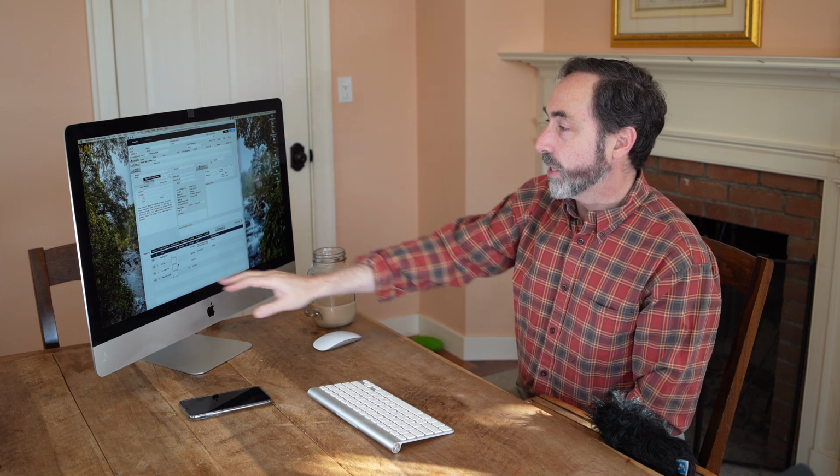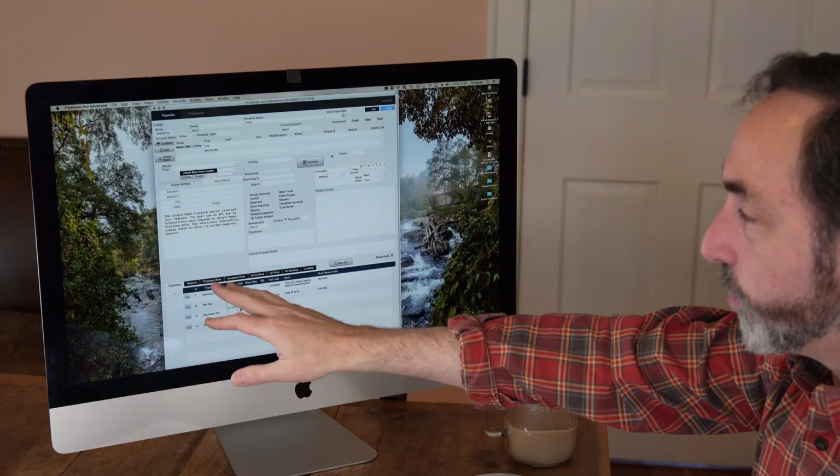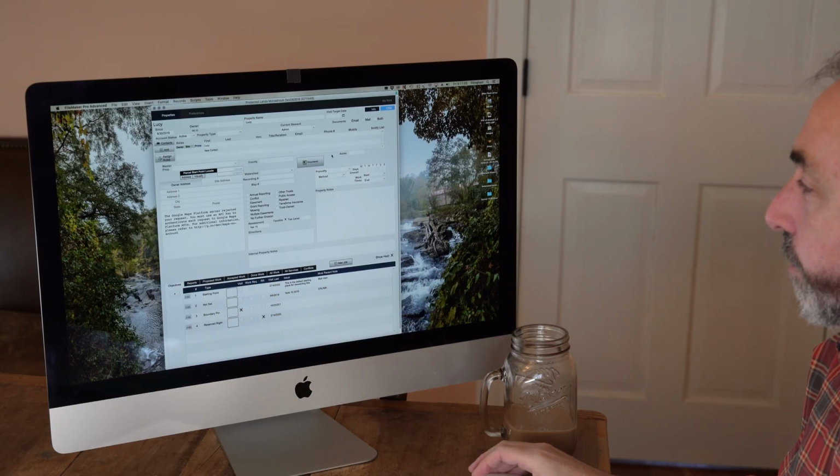So, for instance, we might have a reserved right for a house site, and it's for 2 house sites, and one of them has been used. This system will tell us that there's one remaining house site that can be used, and it will flag it if there's more than that, or it will flag it if it is developed after the date that it is allowed to be developed. So what we've done is we've set up some arbitrary objectives that can be visited,